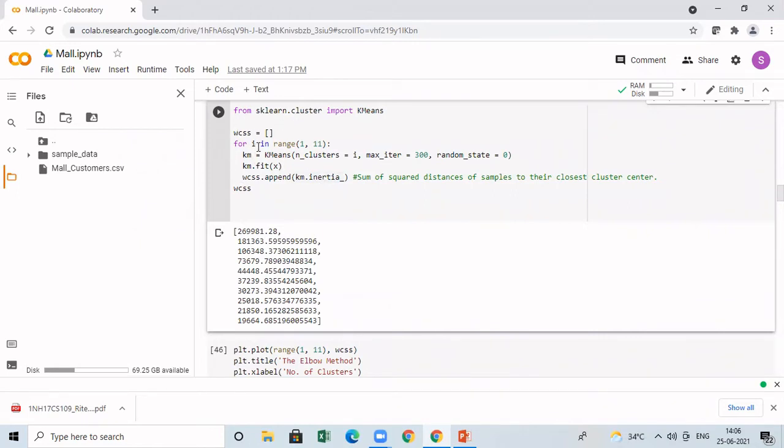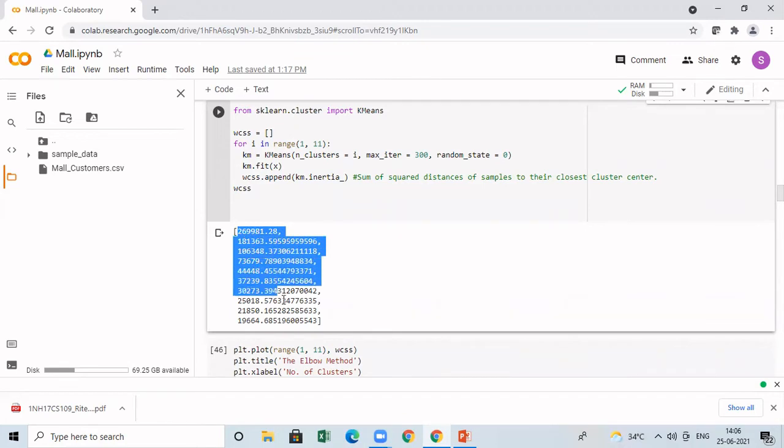So I'll be continuing from number of clusters equal to 1 to 10. When I reach 10 clusters, I'll come outside the for loop. Now I'm going to print WCSS. So what is there in WCSS? That is nothing but our weight value. The WCSS values will be there, and you're going to print all these values. If you see this, you can see 10 values.